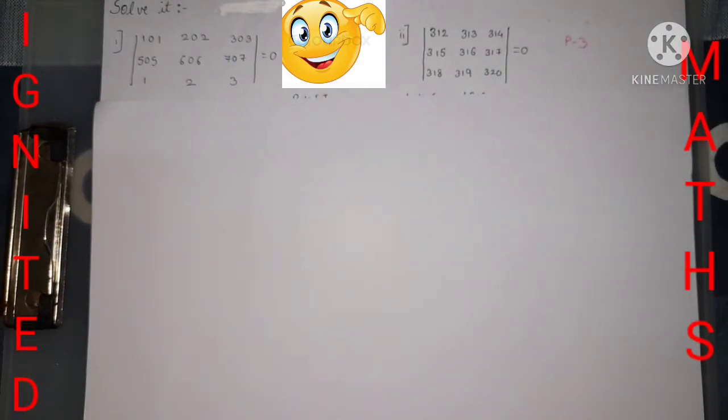If you are not understanding, please go through the description link. I have already posted a video where I have given a brief explanation about it, so please go through it. Now I am going to do some operations, row operation or column operation, and I am going to solve the sums.